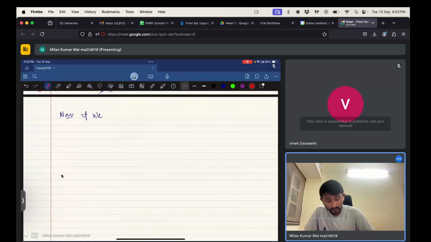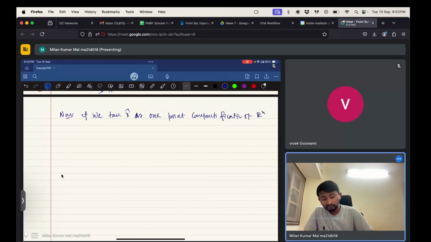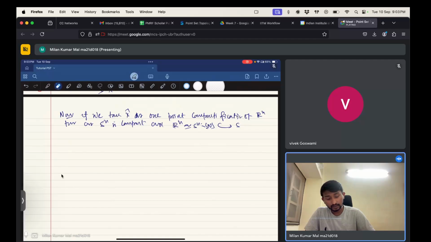If we take X cap as the one point compactification of R to the power n, then as Sn is compact, and R to the power n is homeomorphic to Sn minus a point, R^n is sitting inside Sn. So there exists a unique